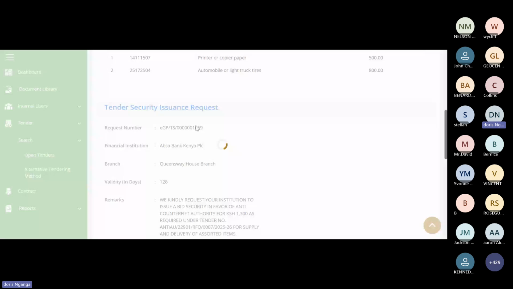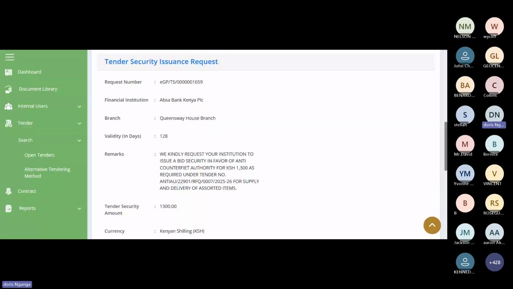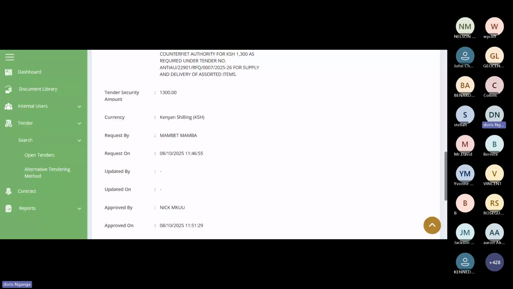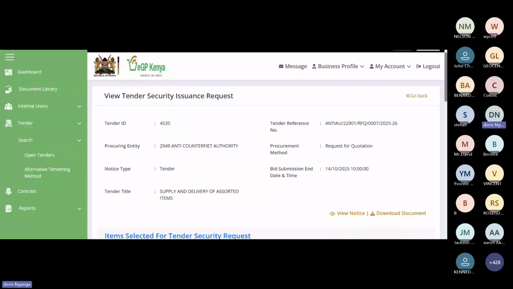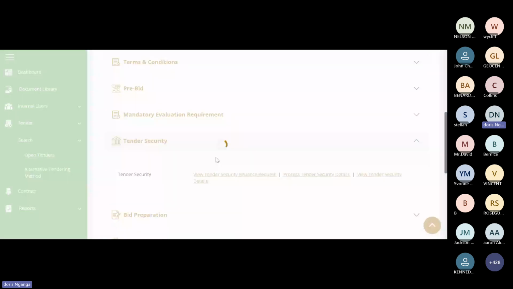You had requested for 1,300 tender security amount. There is the remarks that you had given. Who requested the tender security, the dates. So remember, you have to accept the conditions that are between you and your bank.